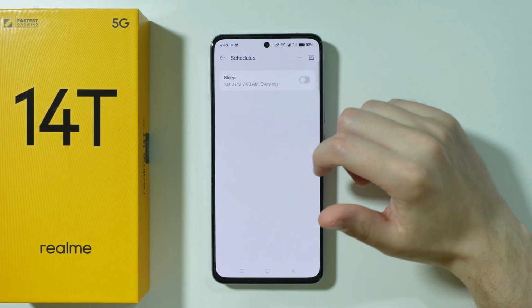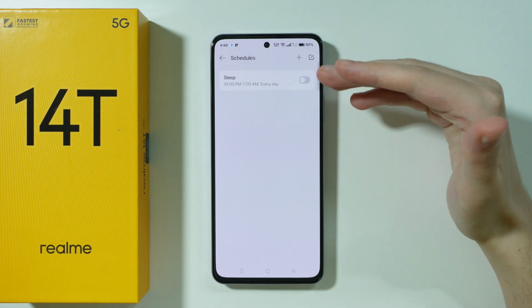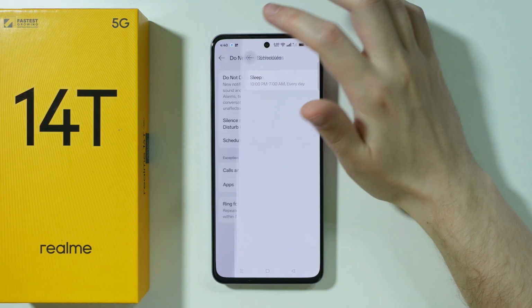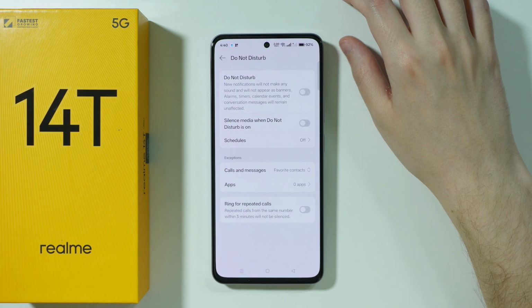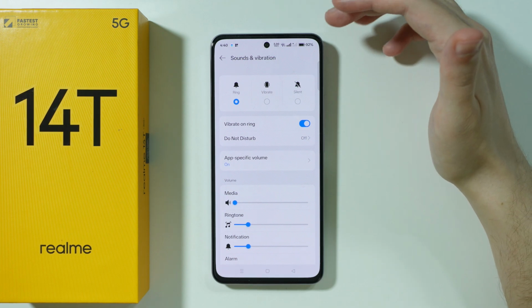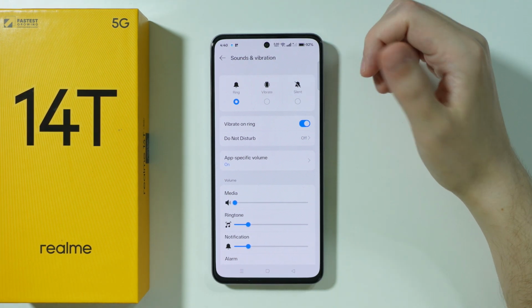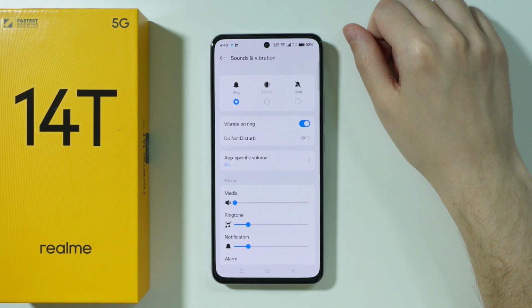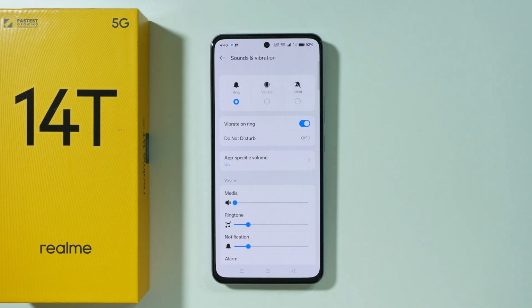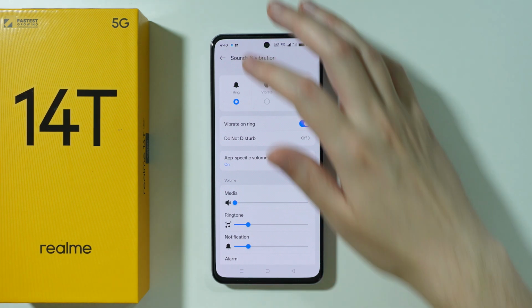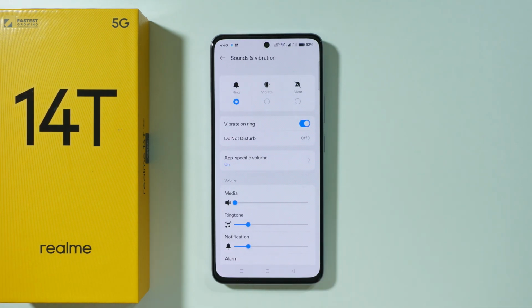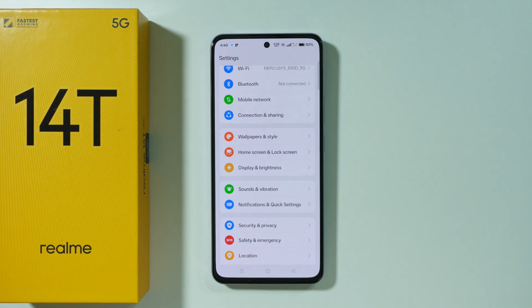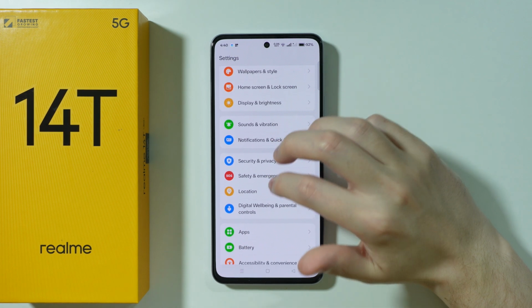You can also check schedules in order to find out if they are not activating DND mode by itself, because if DND mode is activated, you pretty much get no ringtone, no vibration, and no notification about the call. I mean, you can receive a notification, but it is actually hidden in the notification tray, so it is worth turning it off. If the DND mode is not the reason why it is not working, then we can also,